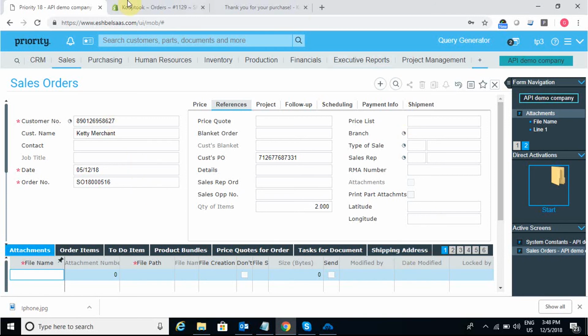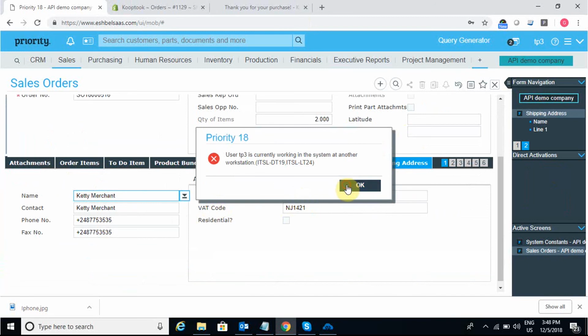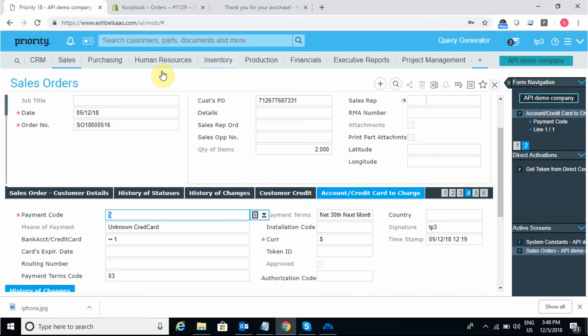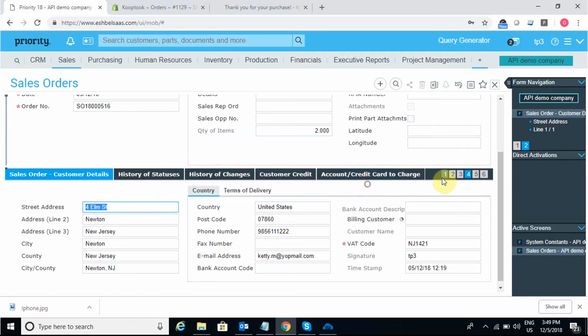And if I go into the shipping address details, that would be the details of that guest customer. That would be the state code, the VAT code, and the phone number. The entire details are present. And if I go into the account or credit card to charge, you can find the payment terms, the payment code or the payment terms code, each and every piece of information which we receive from the Shopify end. Similarly, if we want to see the items,